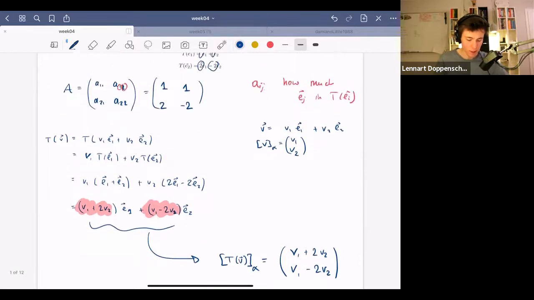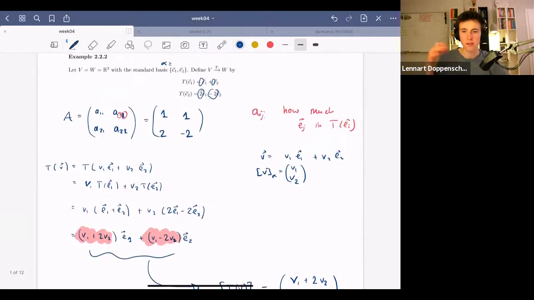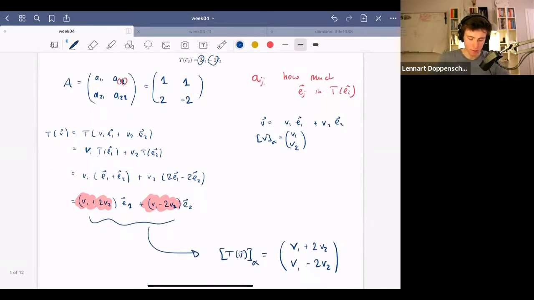Okay, so if you wanted to use this isomorphism to Rn, this identification with just the simple n-dimensional vector space Rn, then we could transcribe the data of V in terms of this two-tuple V1 and V2. We could apply the transformation in terms of the vector, and we would get another two-tuple V1 plus 2V2, V1 minus 2V2. And yes, indeed, I think I do want to transpose this. So sorry for the confusion.